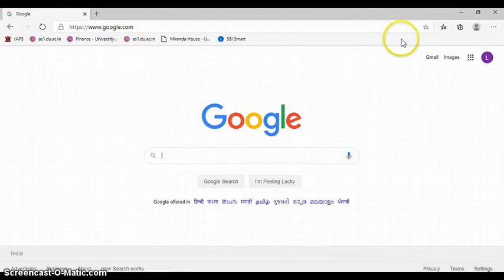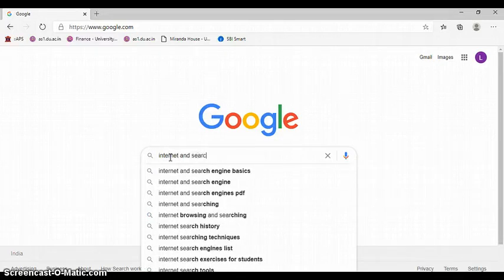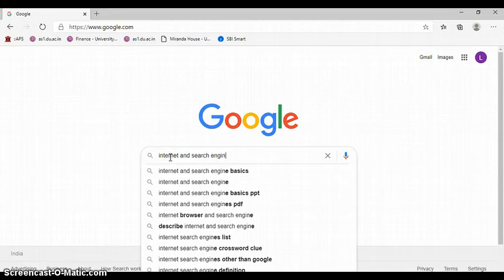Here this page appears, the home page for Google, and then we can type anything here, whatever I want to search, like internet and search engines.